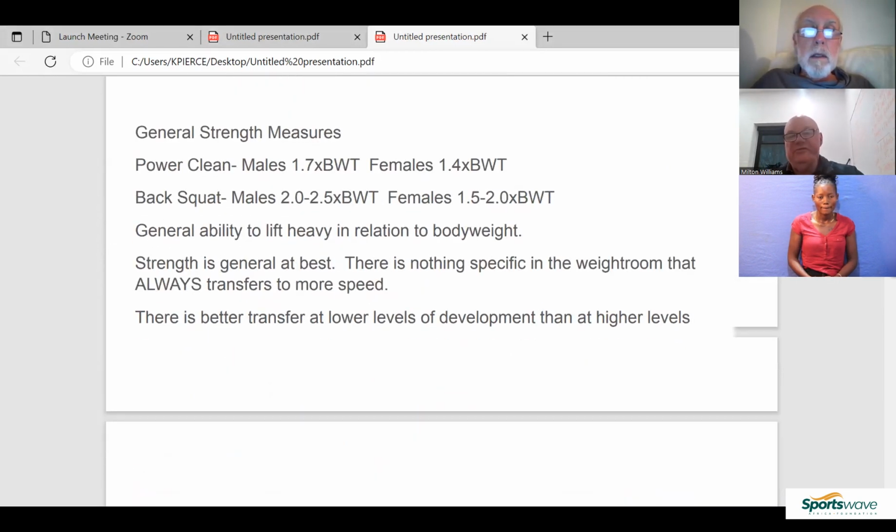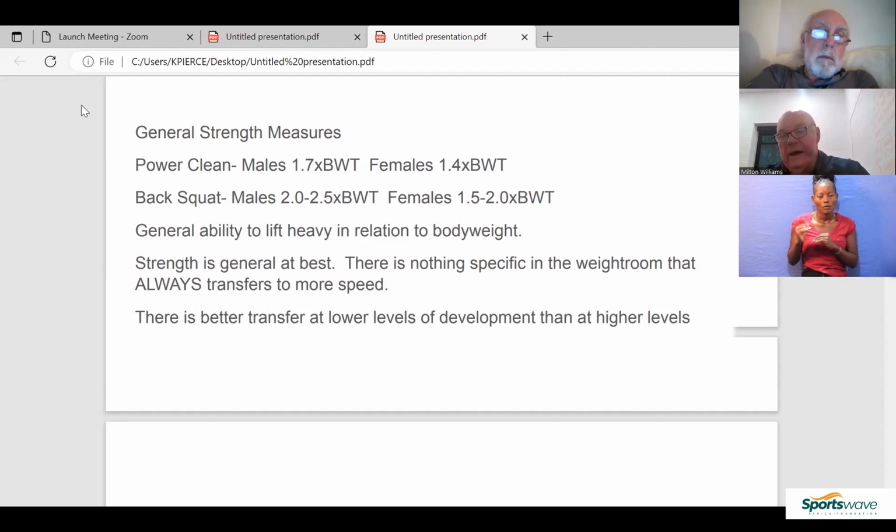Okay, and here's just some general strength measures that I have found are pretty accurate. And you can be all over the map here. Like I said, some athletes don't even lift weights and can break 10 seconds at 100 meters. So we know that happens. But in general, the athletes I've trained, my best sprinters have been able to power clean about 1.7 times their